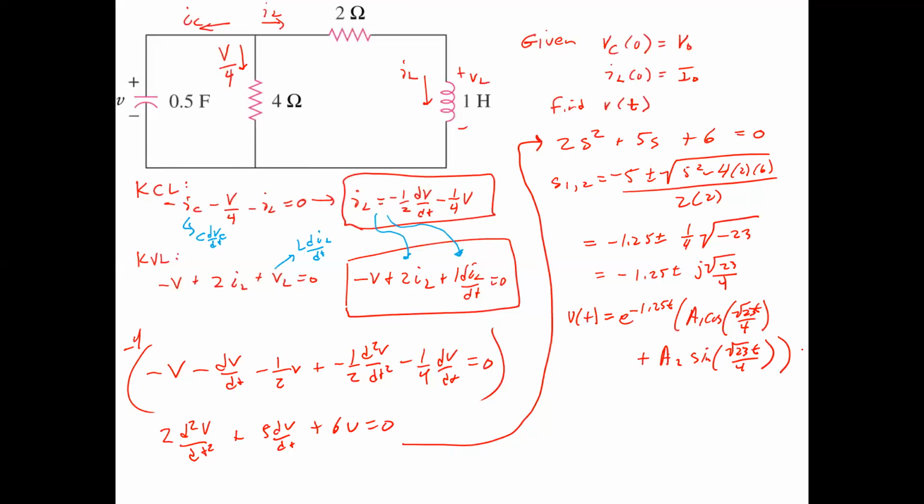And in this case, we're given that V of 0 equals V0. A1 and A2 are going to come from these initial conditions. V of 0 equals V0. I of 0 equals I0. And we're going to have to find